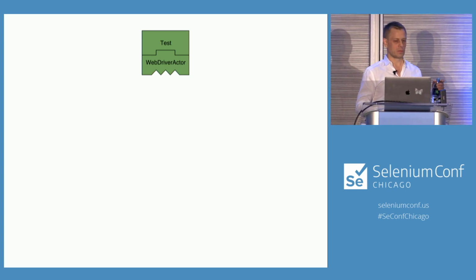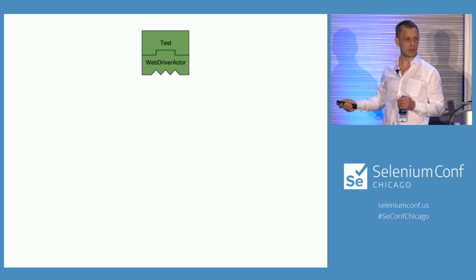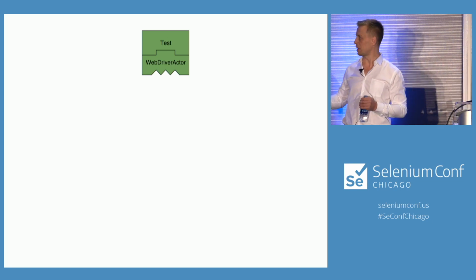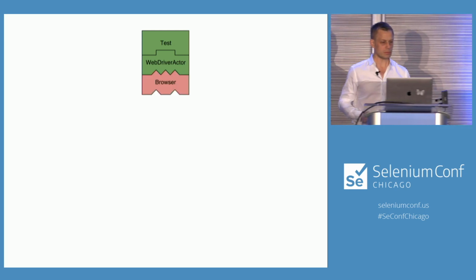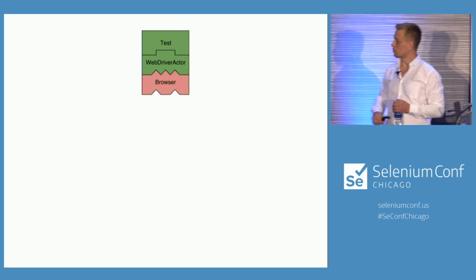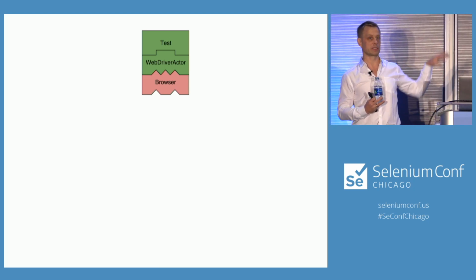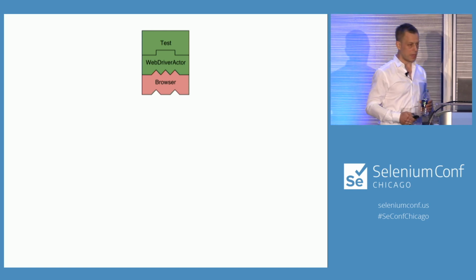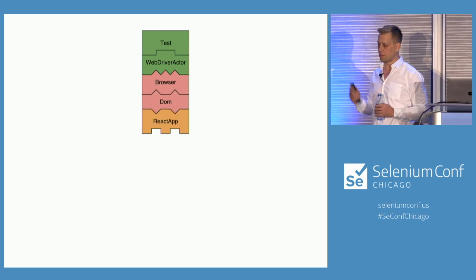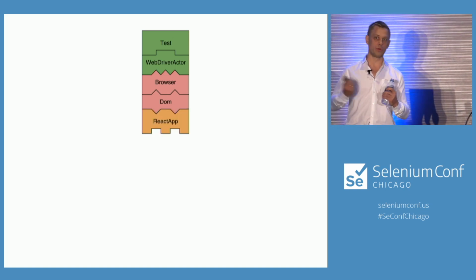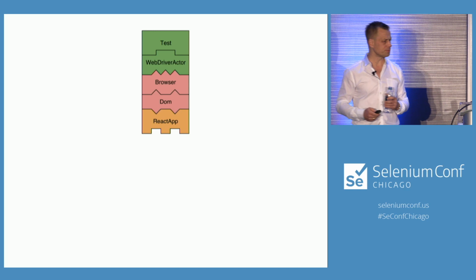And, well, this is a bit of a special Lego here because the studs at the top aren't similar to the tubes at the bottom, but the principle is the same. So I'll have to fit a different kind of Lego underneath here. So let's have a look at one of those. Well, here we've got a browser. So if we imagine that we've got the test, which is JUnit or Cucumber, and then we've got WebDriver, and then WebDriver sort of plugs into the browser, and the browser plugs into the DOM, and the app that we're testing, the front end, the React app, or Vue, or whatever it is, plugs into the DOM as well.